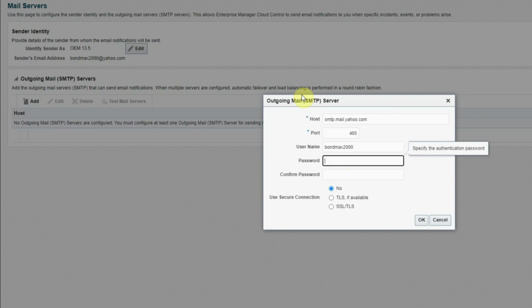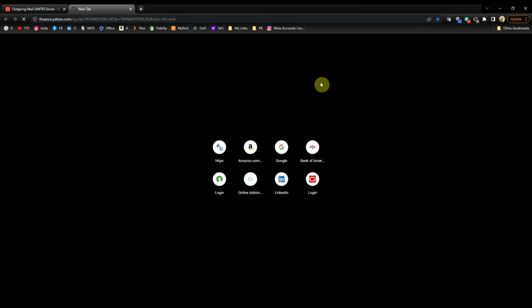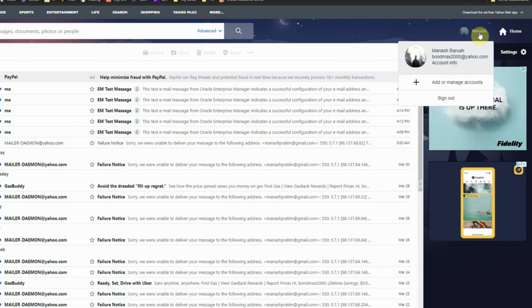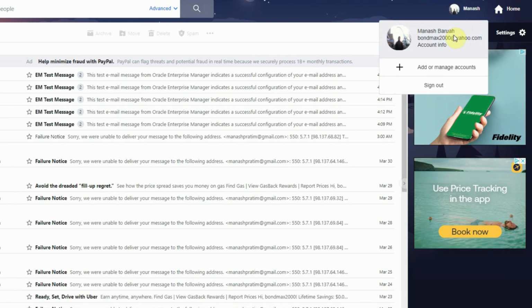This is most important because it is not exactly the password that is used for your Yahoo account. In fact, you have to use something called an application password, which is given by Yahoo if their SMTP server is configured with any third-party application. To do that, I will go to my Yahoo Mail, and